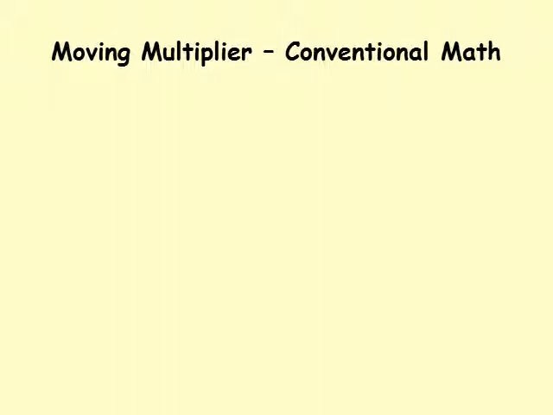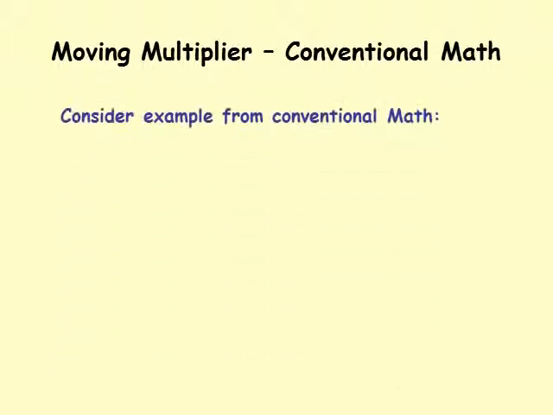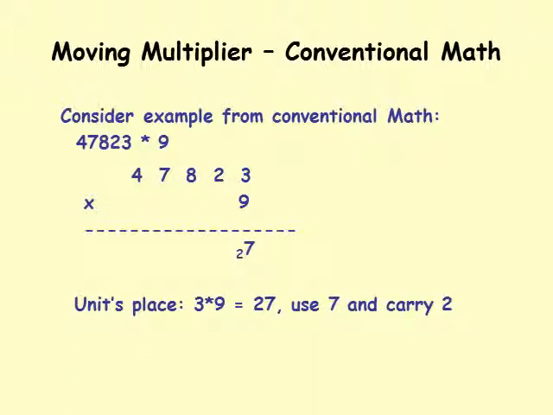Okay, now let's look at another problem. Consider an example, let's do conventional math first. Okay, so you would try and do 47823 times 9. We would write that down like that. Multiplicand, 47823 times 9. Okay, I just leave the spaces because I need to write down my carries. Okay, so units place is